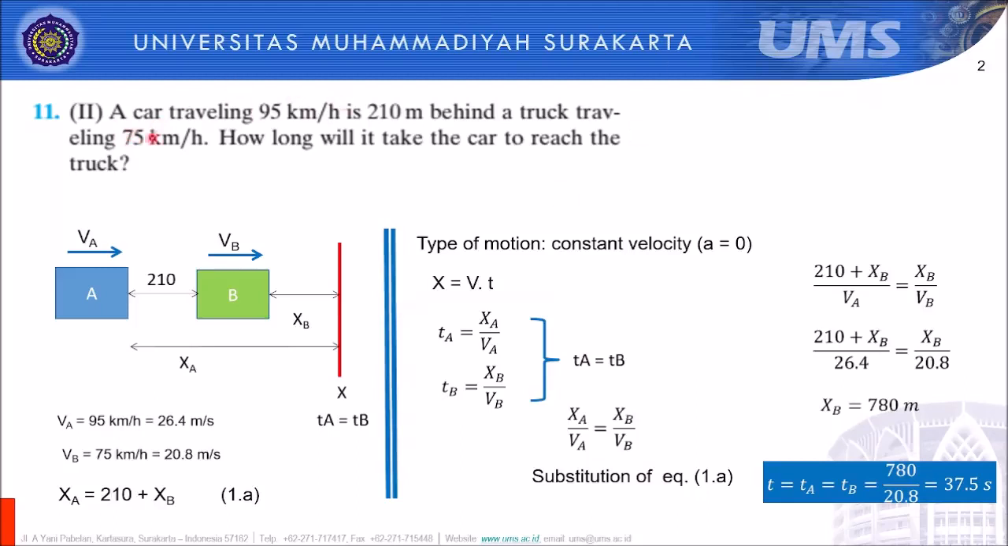Let's see. A car traveling 95 km per hour is 210 behind a truck traveling 75 km/h. How long will it take the car to reach the truck? Okay, so